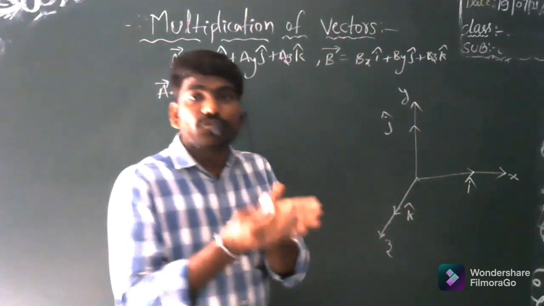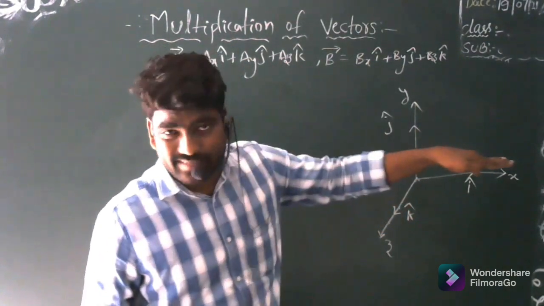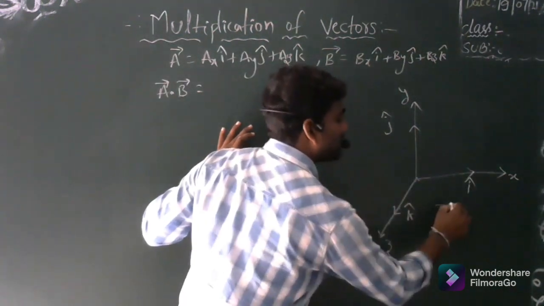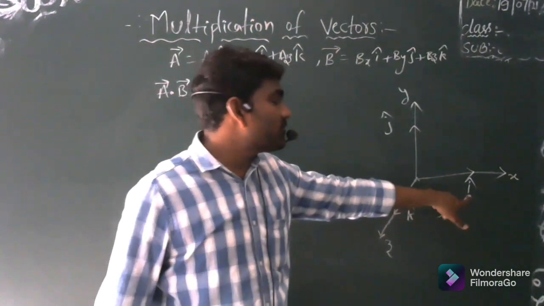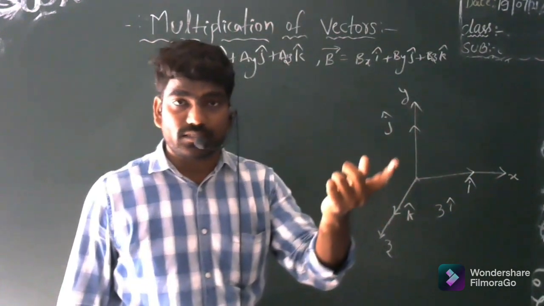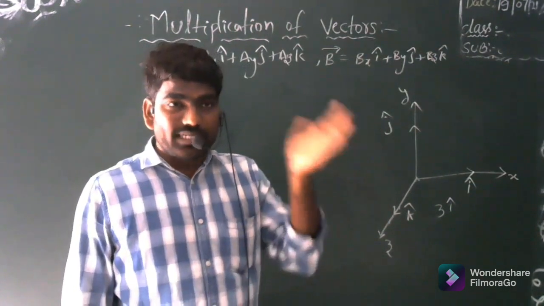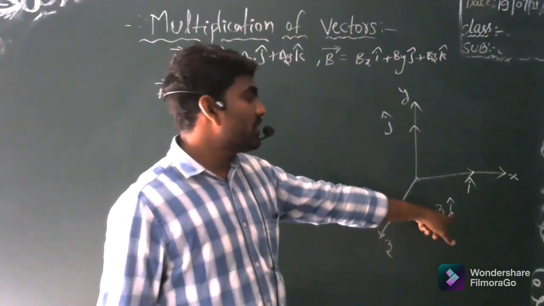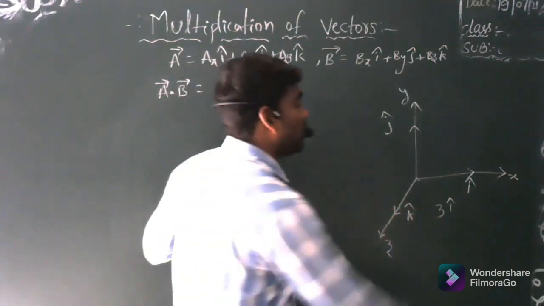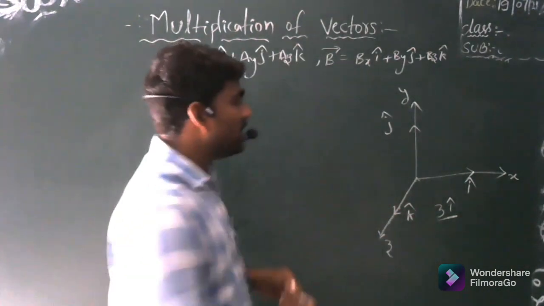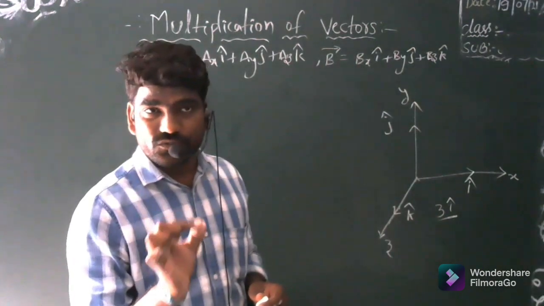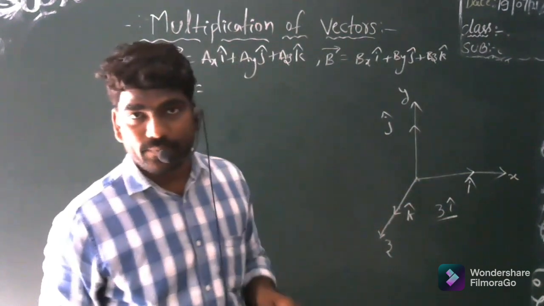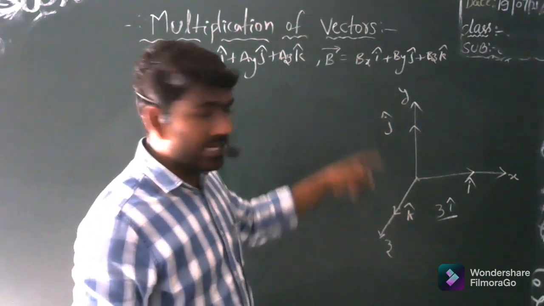Suppose you cover some 3 meters distance along the x-axis direction, that should be represented in vector form: magnitude is 3 and the direction is along the x-axis. On the x-axis we are having i cap. i cap is a unit vector, nothing but its magnitude is 1. So whenever you multiply its magnitude with any value, the same value is repeated. So the representation is like this. Whenever you represent the magnitudes along a particular direction in a coordinate system, we should use this i cap, j cap and k cap, the unit vectors present on the x, y and z axes.